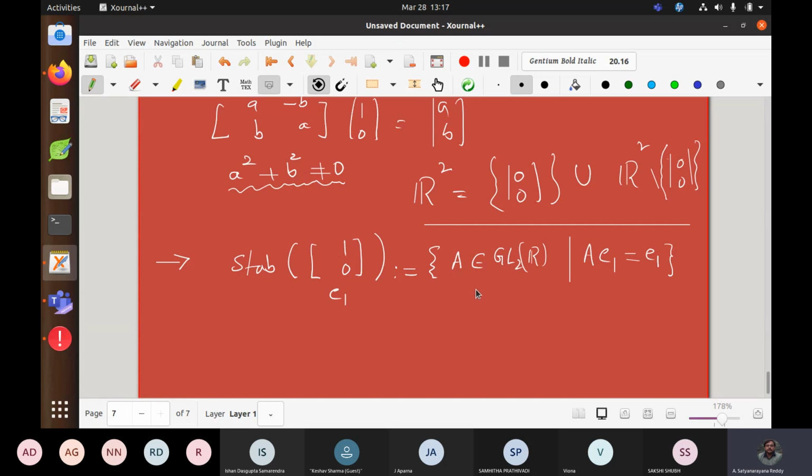Subgroup, but this (1, 0) is fixed. It is an element of the set X on which the group acts. There are 2 sets involved in the group action. I took one element from X and I'm collecting all those matrices. Somebody can help me in a different way. In English, you can say what I am collecting. When I saw this one, I'm very excited actually. Maybe one of you may be happy with that, maybe like me. Which matrices am I collecting?